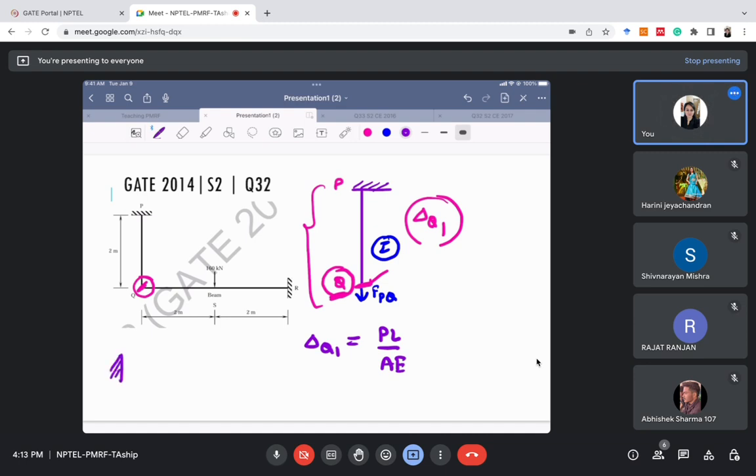Whenever there is a bar and an axial load applied to it, in this case FPQ, if I write FPQ here, how will you find the deformation? You will find it using this formula, PL by AE. Here P is FPQ, length is the length of this bar, divided by AE. So delta q1, I require to solve this problem, but they haven't given us the value